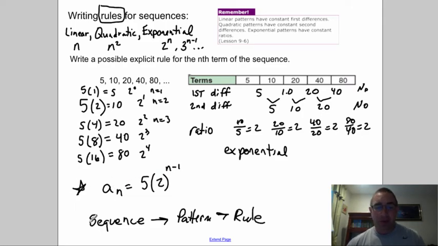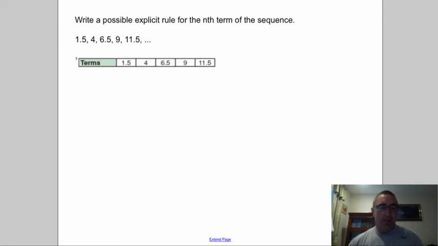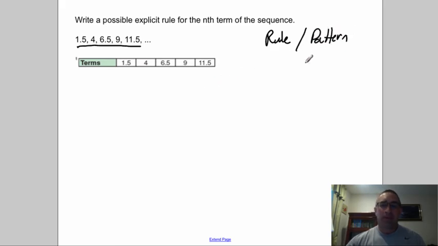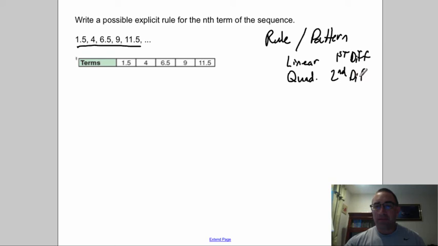Okay? Again, pause at any time. One more example. Thanks for your patience. Now here, again, we have our sequence, and we're looking for the rule, or what I call the pattern. Okay? Remember, it could be linear, first difference, quadratic, second difference, and if it's a ratio,